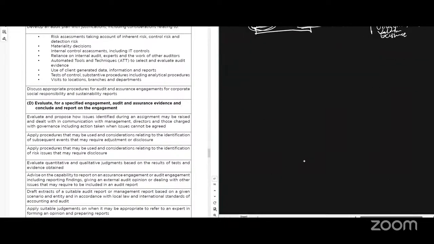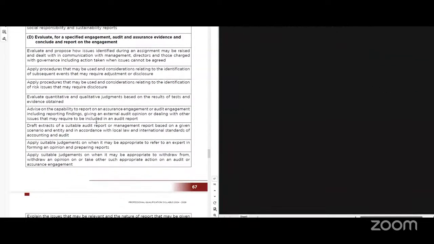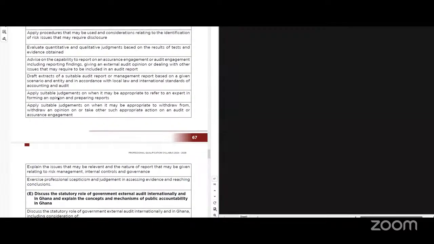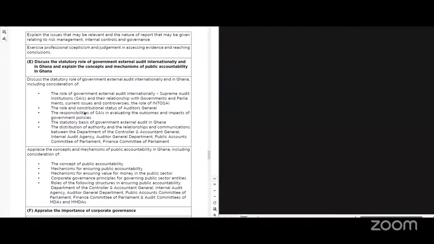So let me just give you specific areas that, when it comes to advanced audit, you have to do. Make sure you have a copy of the syllabus and attach it, okay? The parts that relate to advanced audit and assurance, attach them to your book and use them to learn. The syllabus is very important to pass. So that is a little bit of the common areas that you get.